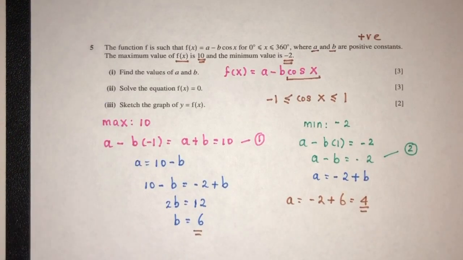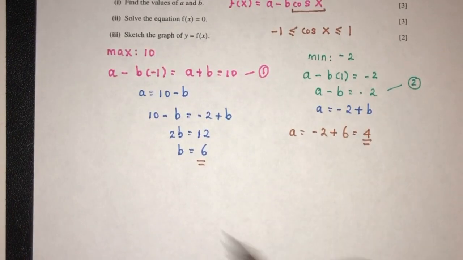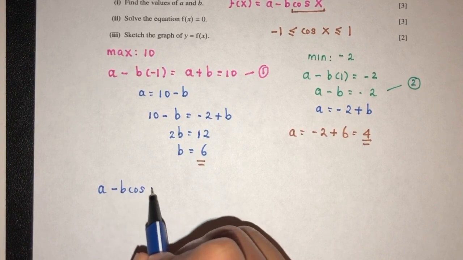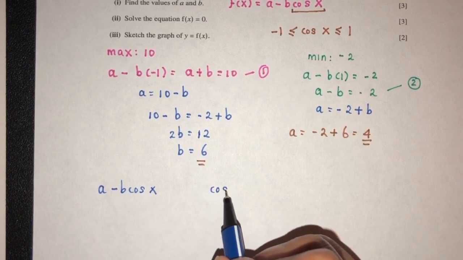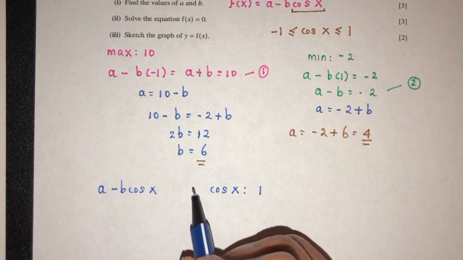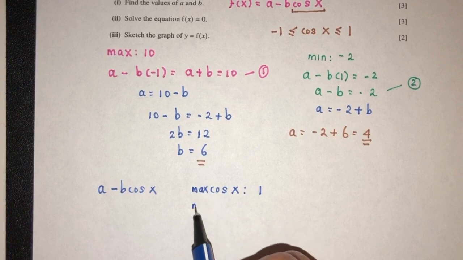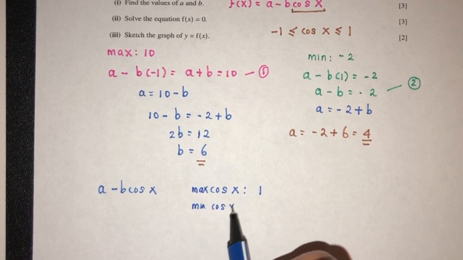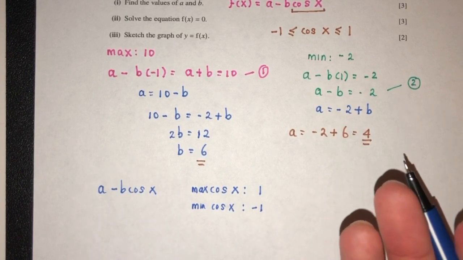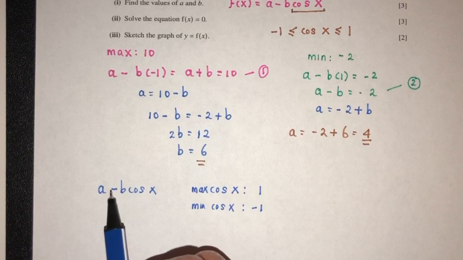Okay, so one thing I would like to explain as well, because it could be confusing, is when we have a minus b cos of x. Now, the maximum value of cos x is 1, and the minimum value of cos of x is equal to -1. Now, we know the function is maximum. When does that happen? Because here we have minus, we would say a,